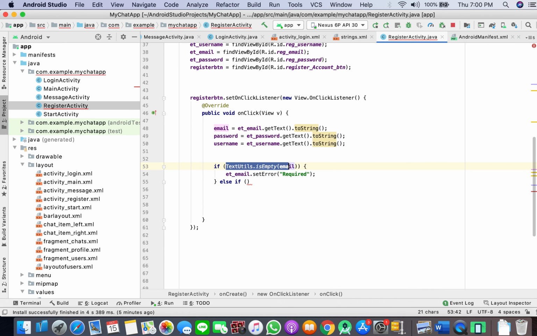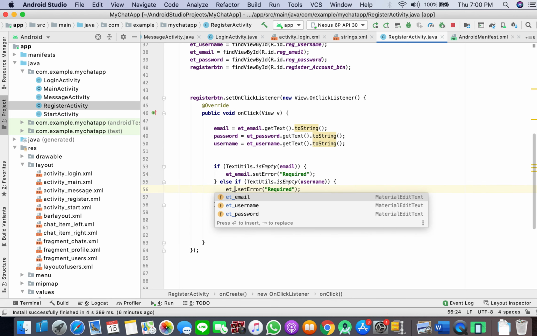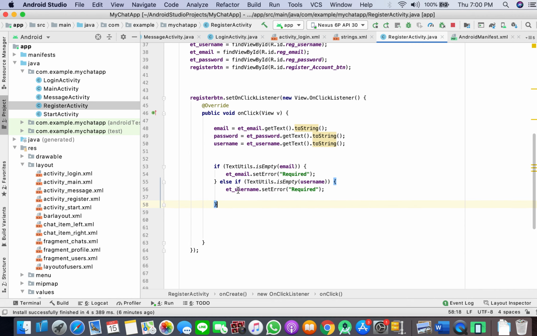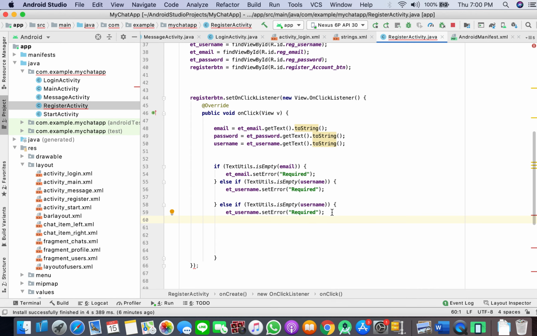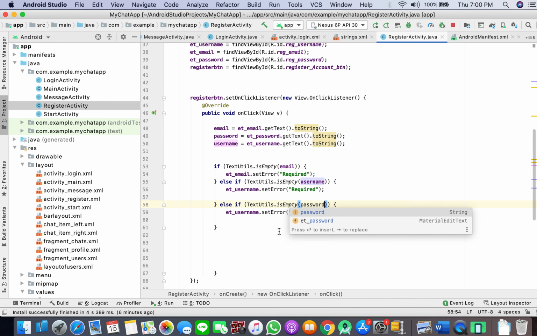Similarly for username, set username required, and similarly for password, required. And also else if password